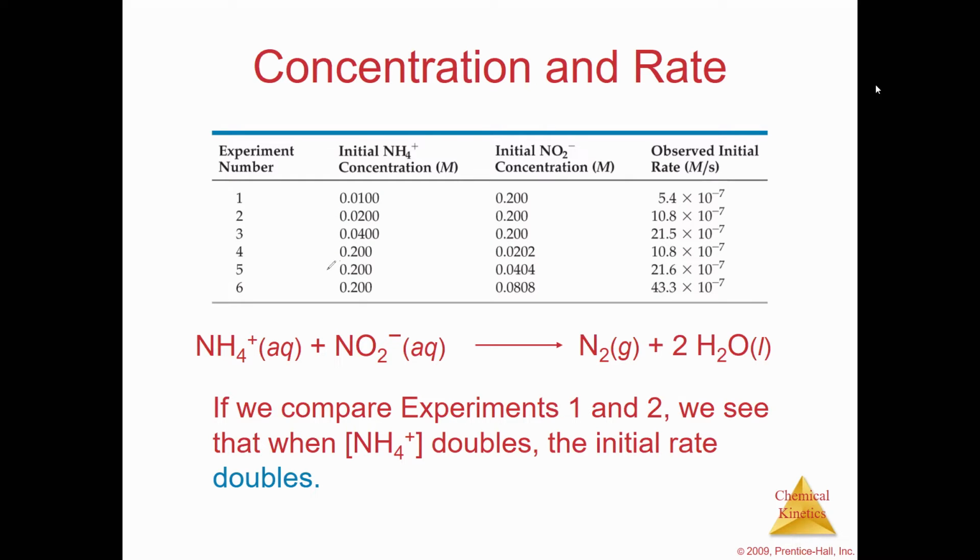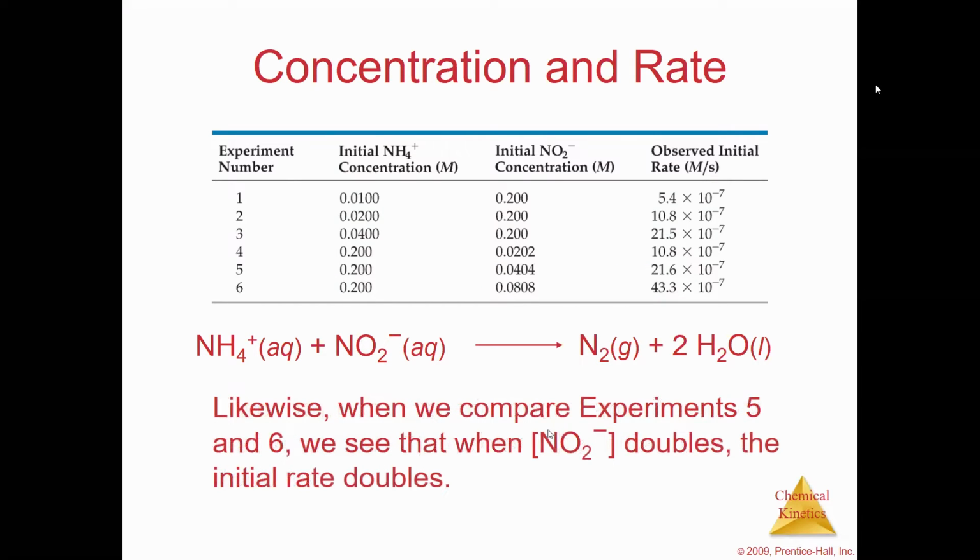We could do 5 and 6. This stays the same, but the NO2, we double it, and it does have an effect as well. And it looks like that doubles. So that's what's saying, hey, also, if we look at 5 and 6, we can see if we double NO2, it also doubles the rate. Notice they say initial rate. That's just because when we looked at before, it always slows down over time. So it's more like semantics that we know it's in the normal range where we're looking at for